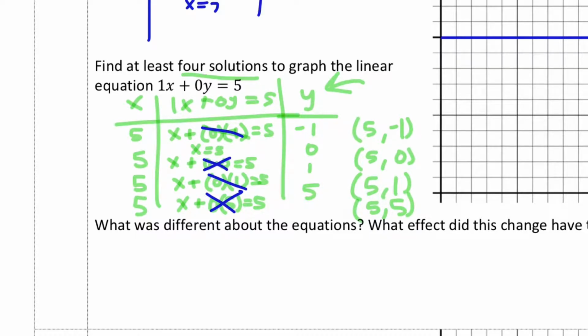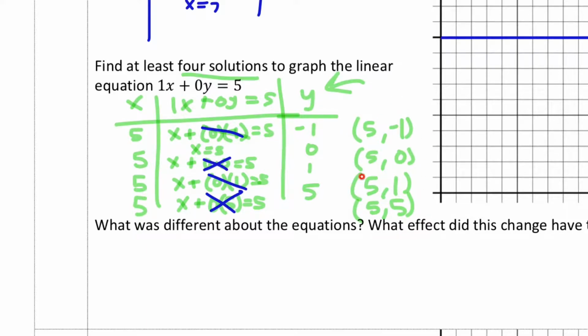Hopefully what you've noticed is that all of our x values ended up being 5, which is a pretty interesting thing that could happen to an equation, especially when we're used to getting a bunch of different answers like we saw in our graph over here. Okay, what I want you to do next is pause the video and go ahead and check, graph these points